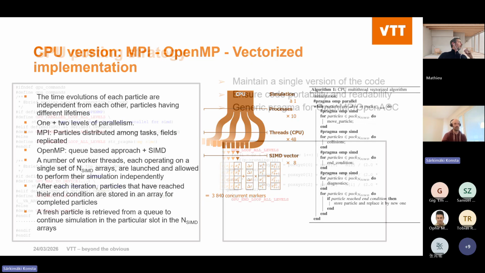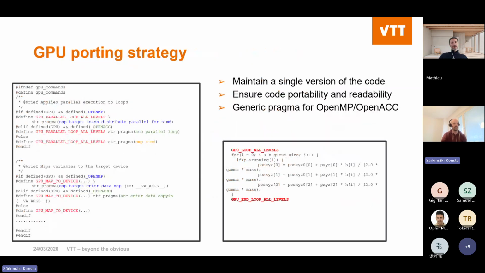And then for the GPU strategy, to make things simple, we try to have basically the same code running for both CPUs and GPUs. How that is done is that we use OpenMP or OpenACC for the GPU porting, and we just define custom pragmas or macros. So for example here,